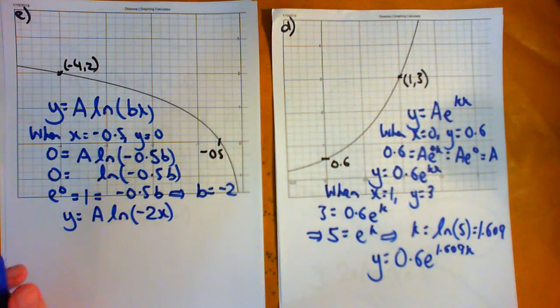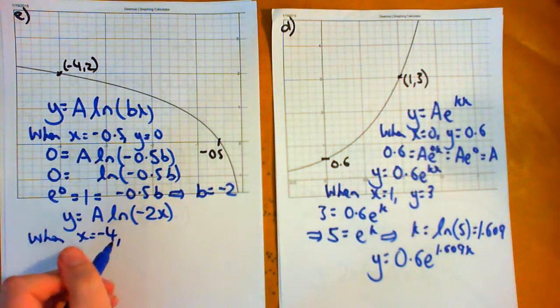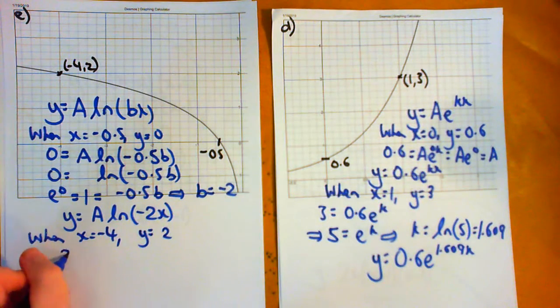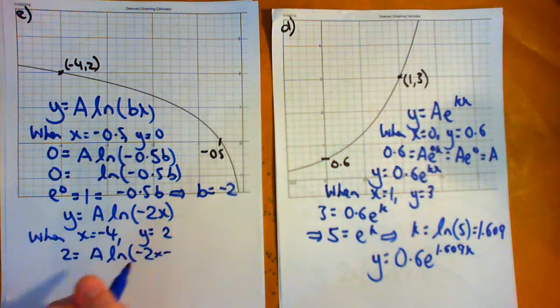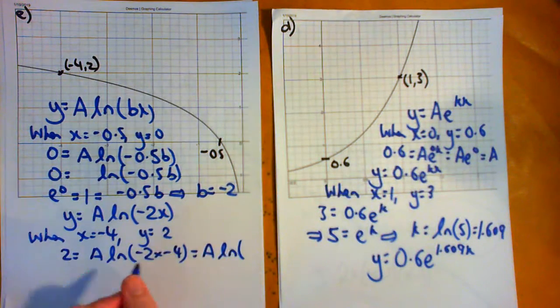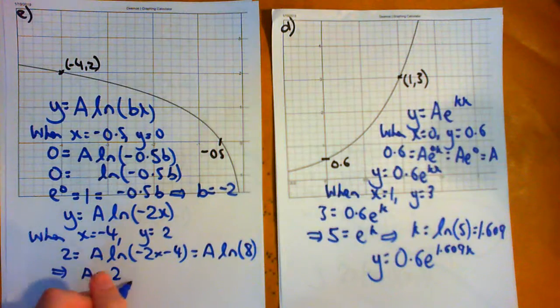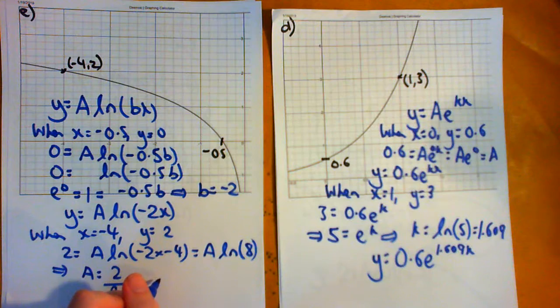And we can then use our other point, which is when x equals negative 4, because it goes through that other point, which is negative 4, y is 2. So we get 2 equals a times ln of negative 2x, which is negative 2 times negative 4, which is a times ln of that bracket is 8. So therefore, we can say that a is going to be 2 divided by ln of 8, and if we calculate that, we get